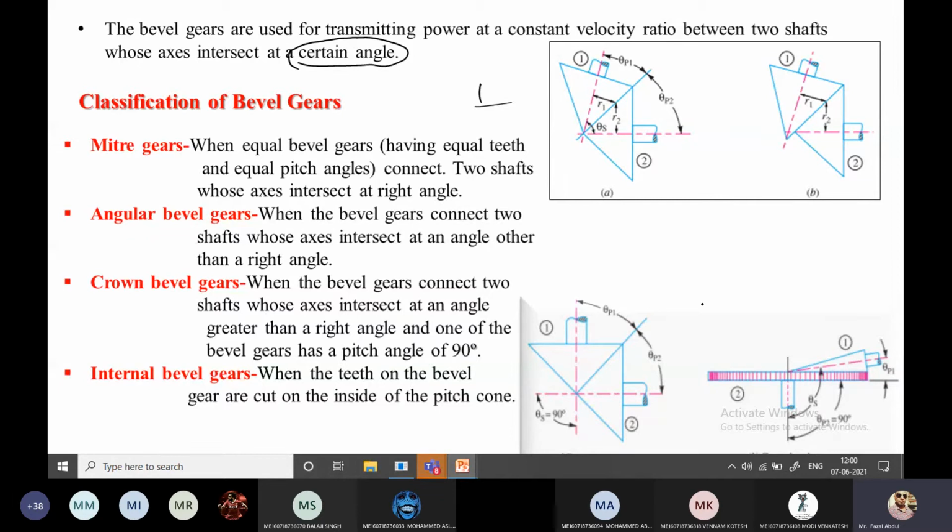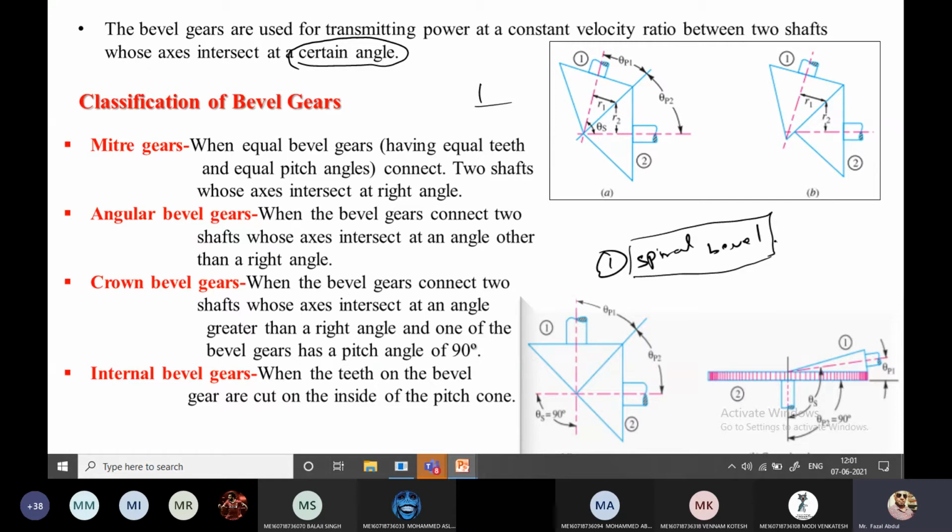Okay, so coming to the classification of the bevel gear. So classification is miter bevel gear, angular bevel gear, crown bevel gear, and internal bevel gear. One more is there, spiral bevel gear. I forgot to write another one, spiral bevel gear. Okay, so here spiral bevel gear is the major application you can find in the differential gearbox in